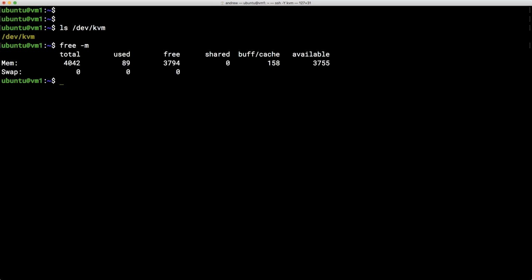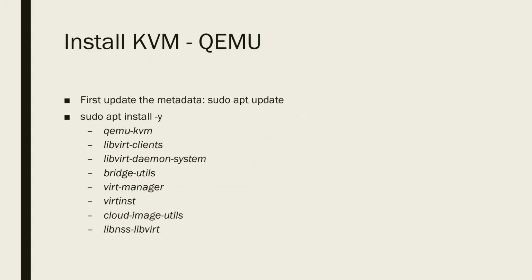So it's not going to be available to run huge amounts of virtual machines, but obviously I could assign more RAM, and I can do that whilst the machine's up and running if I wanted, but it's just a proof of concept here. So I jump back now into the slides and just see what we need to get up and running. To install,